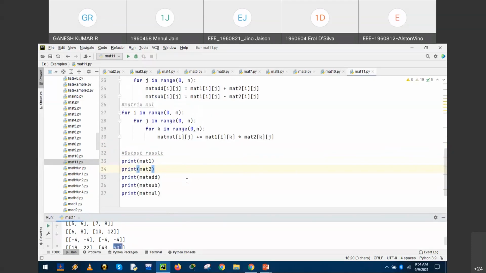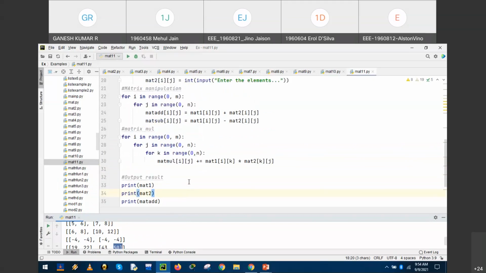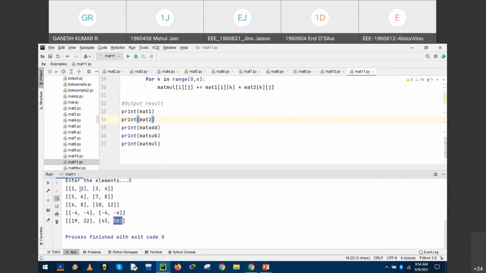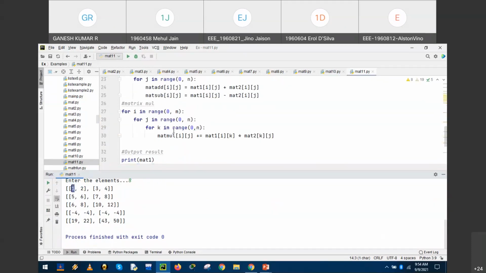Fine. Any doubts? So multiplication is different from simple addition and subtraction because add and subtract will perform in their corresponding locations. Both are almost the same operation except for the operator. Similar operations except adding or subtracting. Whereas multiplication will access every row with every column. It will find the product and it is added. Cumulative value. So hence we are introducing another for loop with respect to the column and we added appropriately.